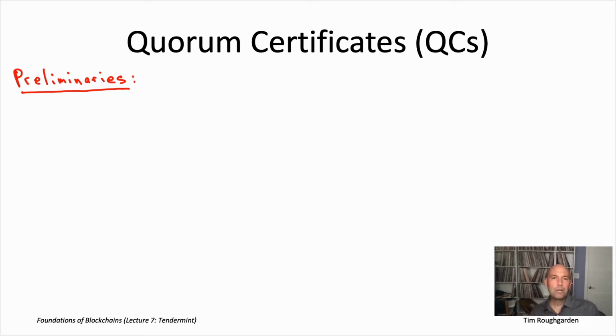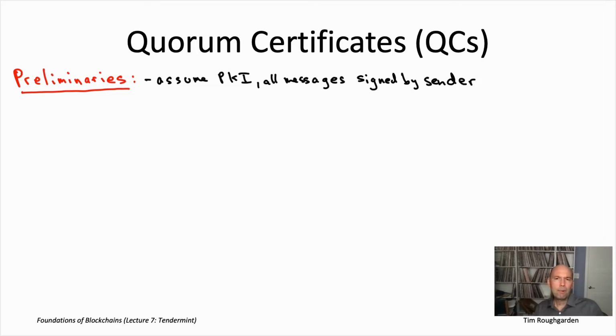So first of all, we're going to go ahead and make the PKI assumption, assume a public key infrastructure. This is the same assumption that we used in the Dolev-Strong protocol, and we're going to use it in the same way. We're just going to assume that literally every message ever sent in the protocol should be signed by the sender. So remember, with PKI, you're assuming that the protocol is born with not just all the nodes knowing about each other, like their IP addresses, but also knowing everybody's public keys. So public keys are somehow distributed before the protocol ever gets started.